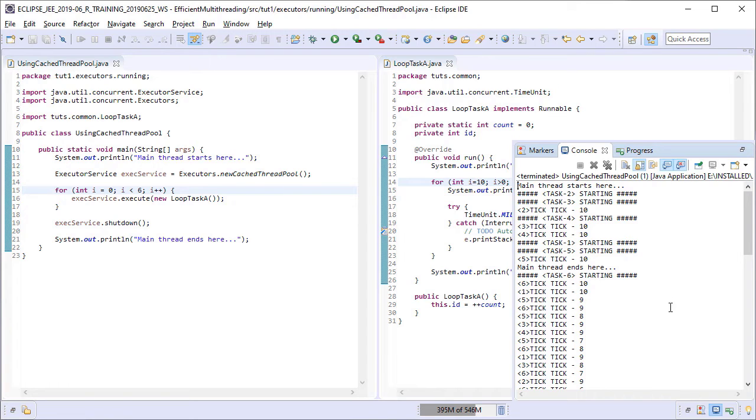Now, in order to see the reuse of an existing thread in cached thread pool, we need to know how to name the threads first. Then we can print the name of the thread too, in addition to the names of the tasks in the sysout logs. That will help us determine which task is running in which thread, and so if a thread is being reused, it will also become evident.